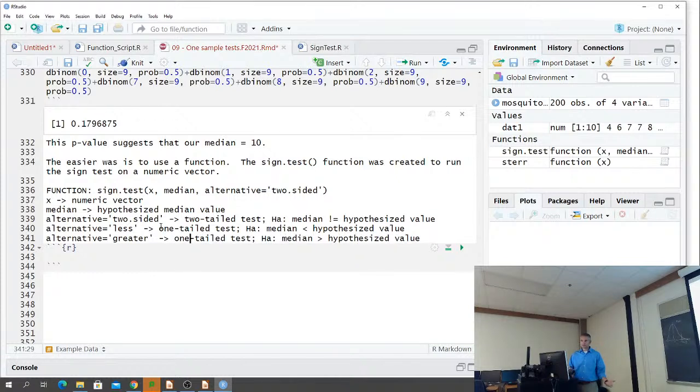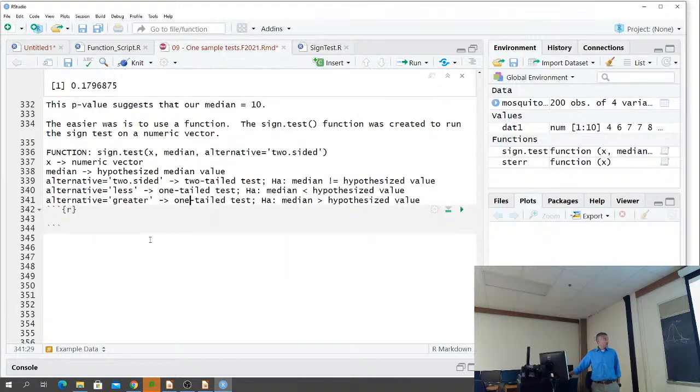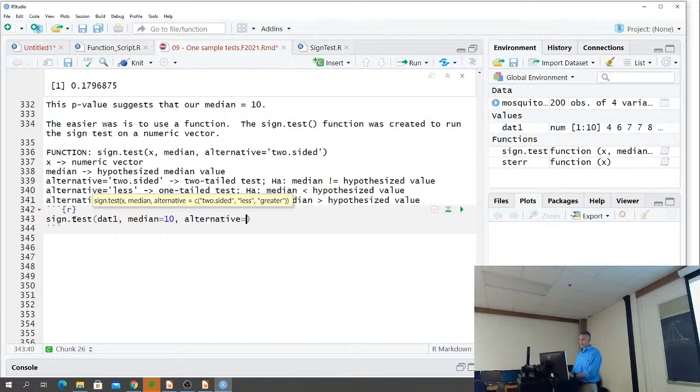So this is set up very much the same as a t.test function when we do our one sample t.test. So for our vector, we called it dat1. So I'll do sign.test, dat1, median equals 10, and alternative is two.sided. So there's our example, dat1. When I run this,